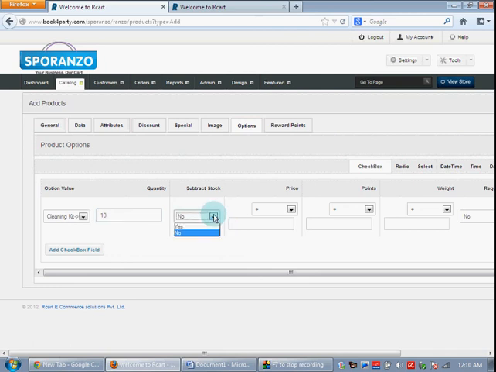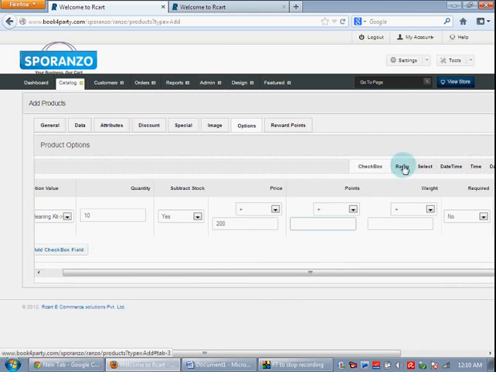Subtract stock, yes, and the price of the cleaning kit can be 200. The price has to be addition, so I go and click on plus option here. And if you are giving any kind of reward points, we go and add it here.